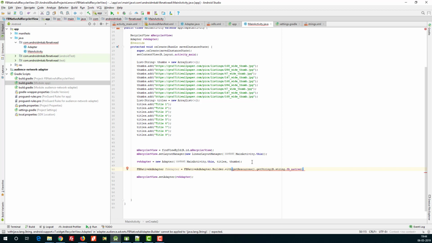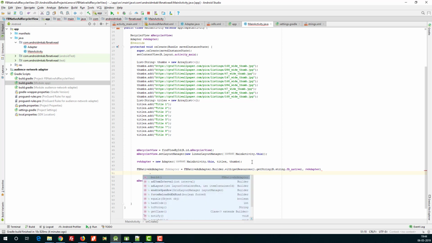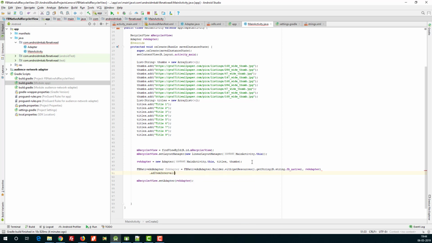Then you have to give a comma here and add your original adapter, your recycler view adapter. Then you have to add one dot, addItemInterval. This is after every how many items you want to show this native ad.